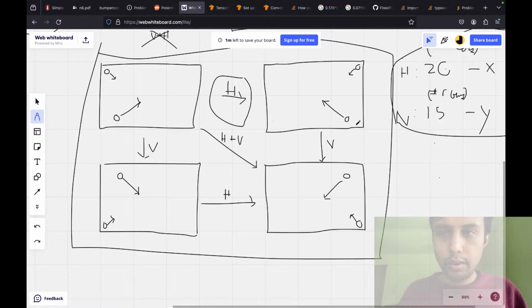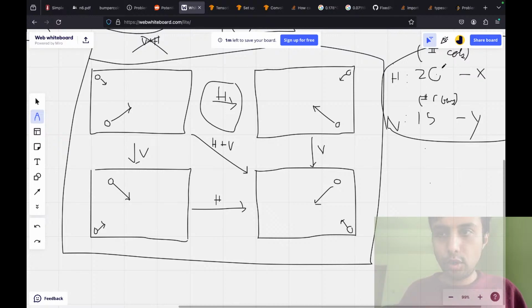So all the x components are getting flipped according to the formula 20 minus x for H, and 15 minus y for vertical for the y components, and then both of these for the composition of H and V